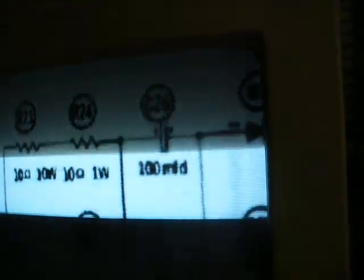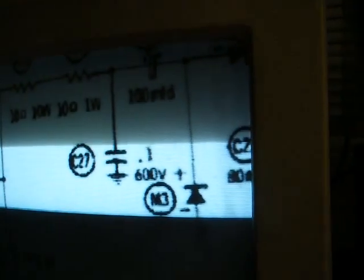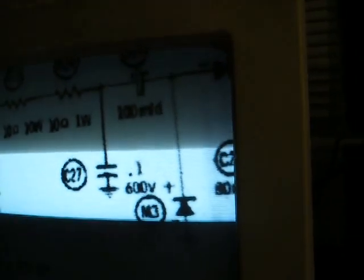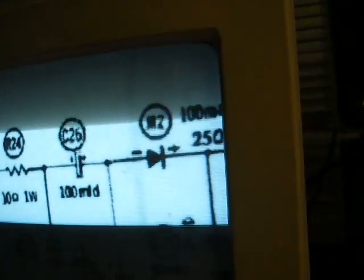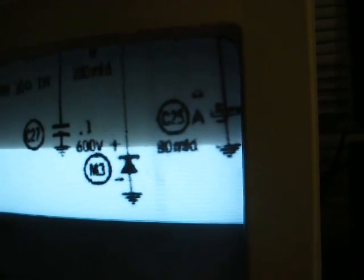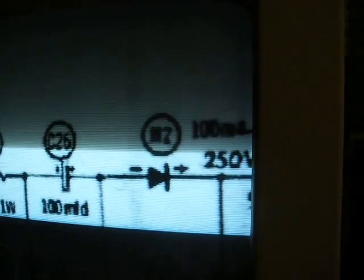There's our 100 microfarad voltage doubler capacitor, and there's our 0.1 microfarad capacitor. One end connects to the negative side of the doubler cap, the other end connects to circuit ground, and we'll upgrade that capacitor to an AC rated safety cap. And then here's our doubler diode. The anode connects to ground, cathode connects up here to the positive end of the doubler cap, as you can see,